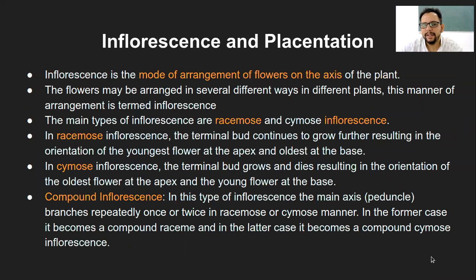Okay, so these were the different types. Now the last, additional type is the compound inflorescence. It is nothing but when the alternate branches of the same plant have racemose and cymose. That is what compound inflorescence is. Again, this is not part of the syllabus, but I just thought I should mention that there are various other types, and one of them is the compound one. So that is racemose, where the young flowers are at the top; cymose, where older flowers are at the tip; and the compound one, which is a mix of cymose and racemose.